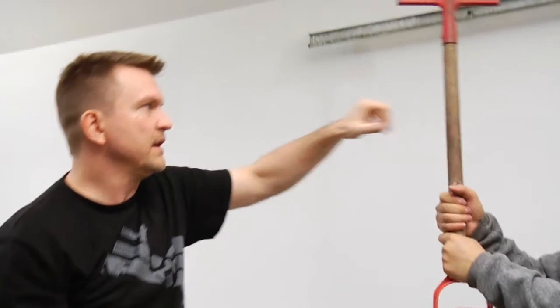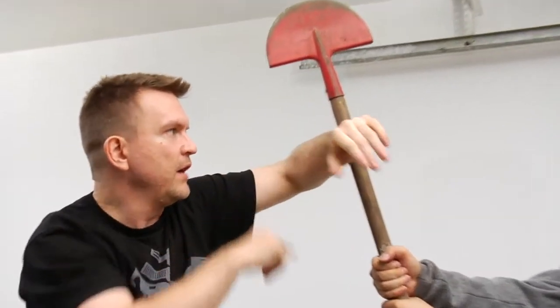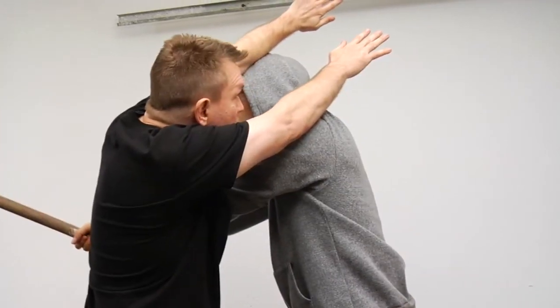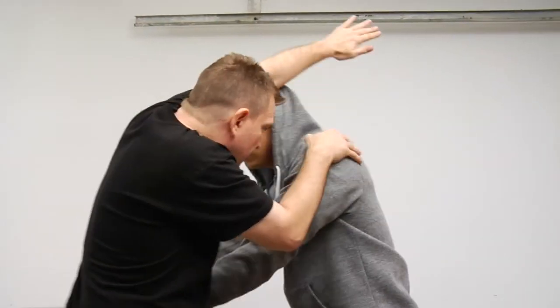That's why something like this is really dangerous. Even if this head wasn't here, this kind of 90-degree impact is going to shatter this arm. But a sliding block like this lets the force dissipate. So I have two lines of defense here. As he winds up, I step out and I let the sliding blocks do my work. This one stays in place, but this one might be able to push a little bit if I'm late, since it's the support hand. Now as we